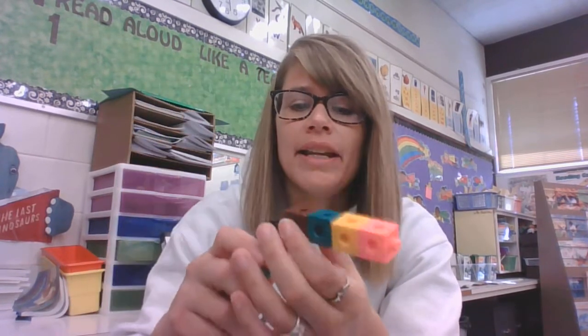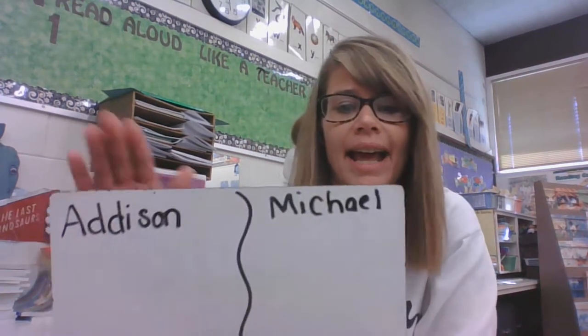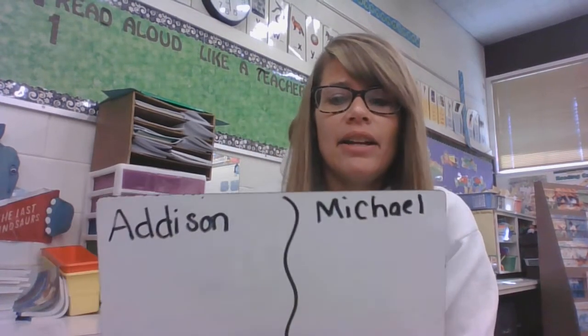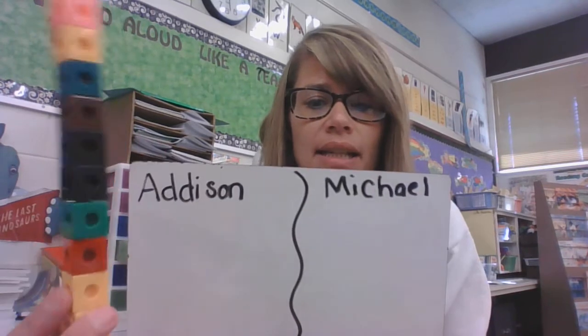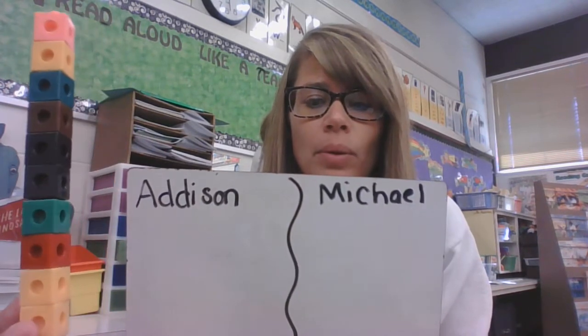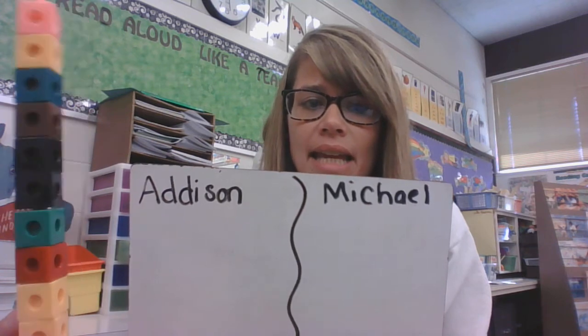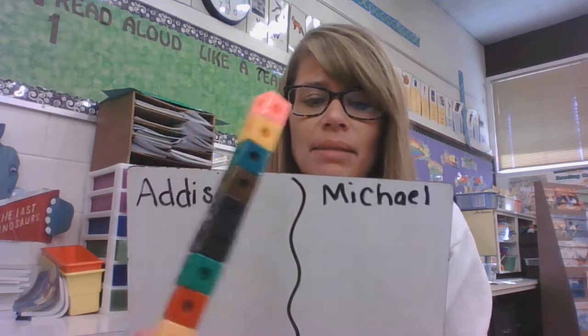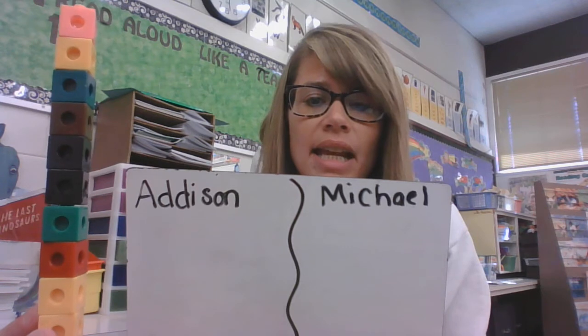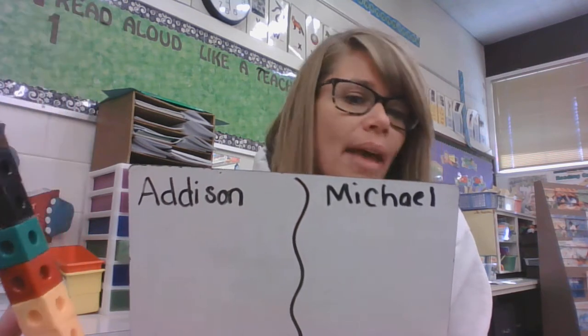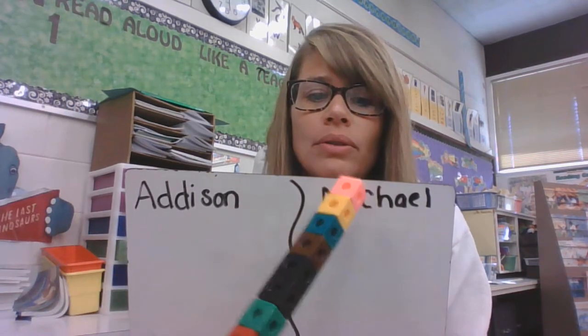Okay. All right, here's my problem for you today. I've got two kiddos, Addison and Michael. They are going to share these blocks, okay? And I have 1, 2, 3, 4, 5, 6, 7, 8, 9, 10 blocks. Addison and Michael are going to share these 10 blocks in a way so that Michael has 2 fewer